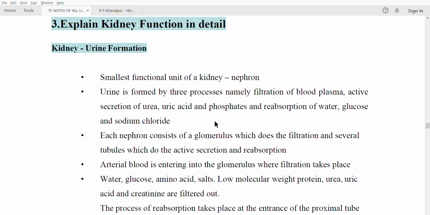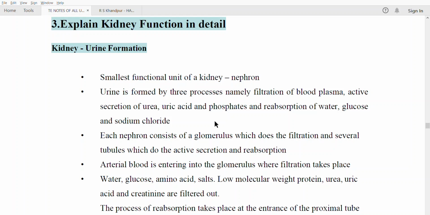In this video we will discuss the functions of the kidney. The kidney is mainly important for removing waste from the blood, and one of its major functions is urine formation. The functional unit in the nervous system is a neuron, while in the kidney it's called a nephron. Urine is formed by three processes: filtration, namely filtration of blood plasma,